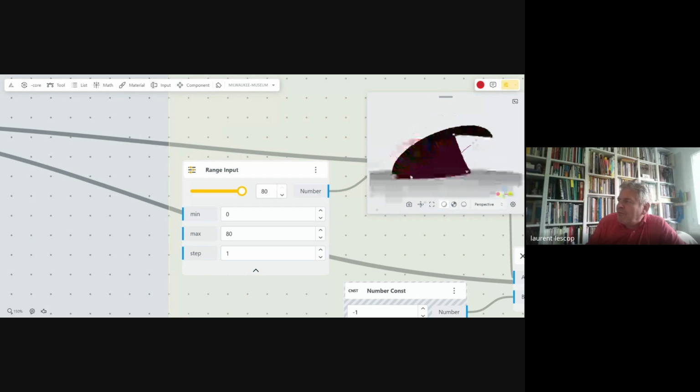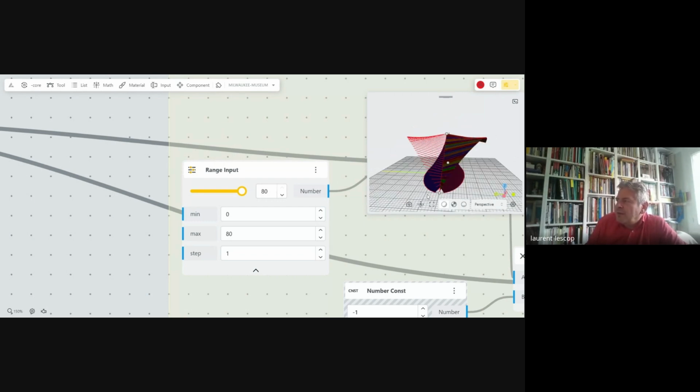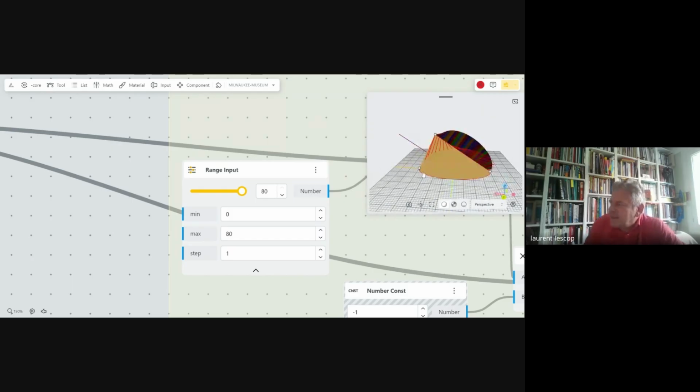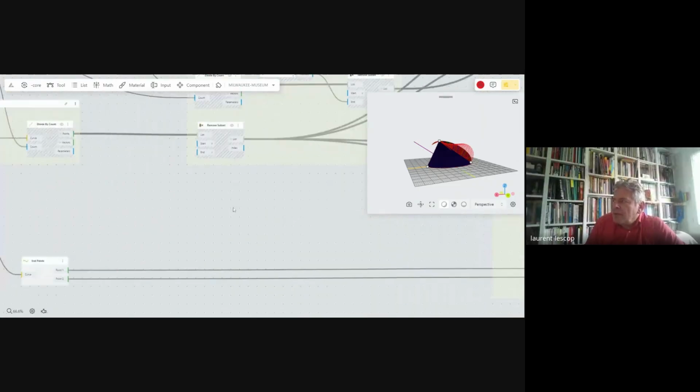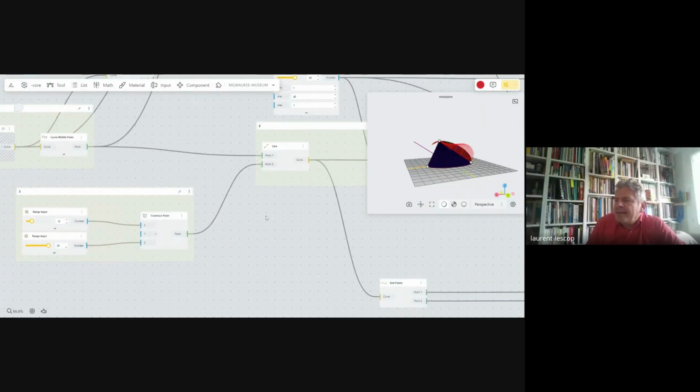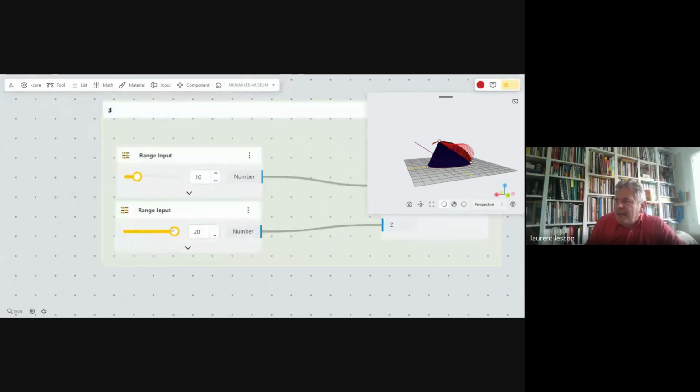I went a bit further, and of course, as it is BeeGraphy, you can regulate and change everything by changing the numbers. You can change the shape of this initial structure, and the height.